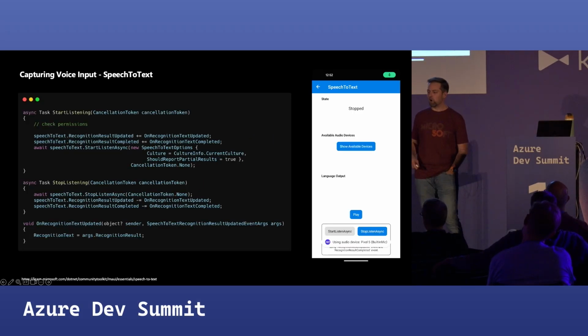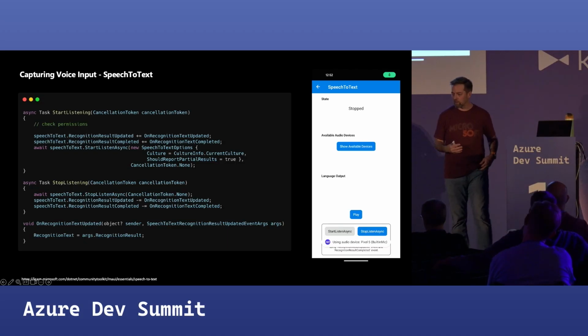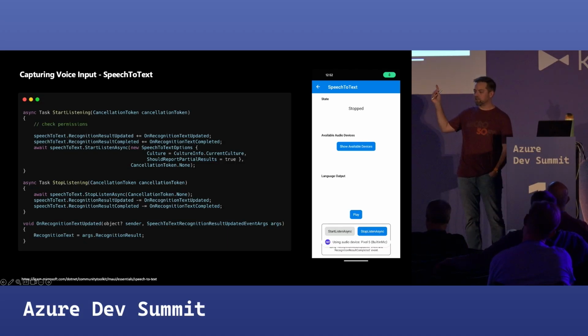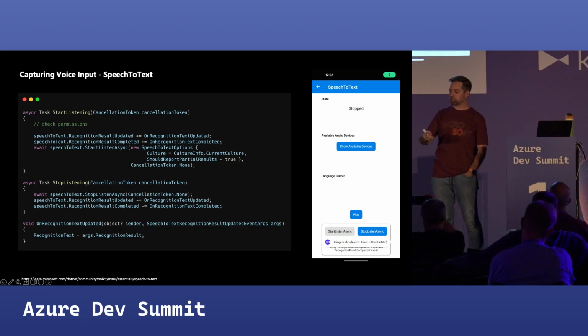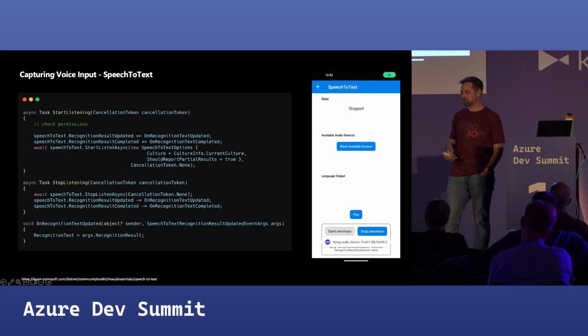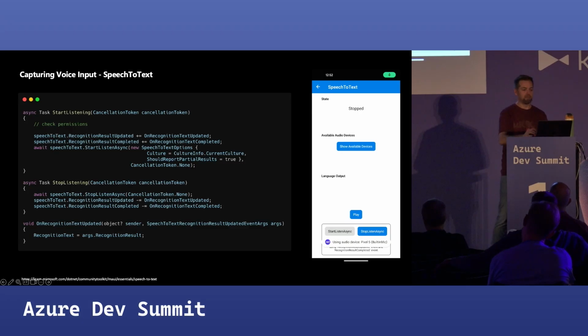So here is on device. This is coming from the community toolkit for .NET MAUI. So what you're going to see here is it's going to get the transcription. It doesn't record my voice as I'm speaking, but you'll hear it do the voice output part. Maybe I need to actually click on it. Boop. There we go.